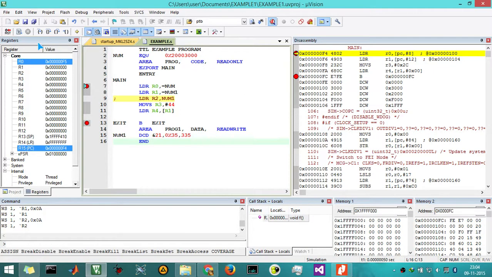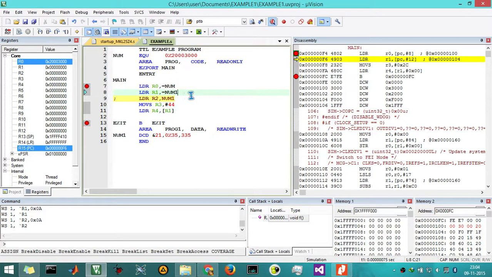Now we are going to execute step by step. So the first step is LDR R0, =num. As we have already seen, num will be assigned the value 0x20003000, and that is going to be loaded directly to R0. You can see here R0 is equal to 0x20003000. So this is not possible in the case of a MOV instruction. MOV R0, #0x20003000 is not at all valid. That requires the data to be in the range 0 to FF.